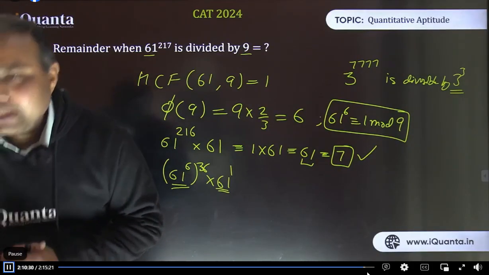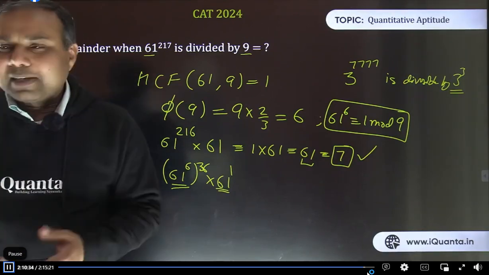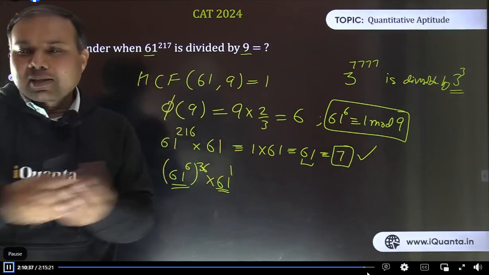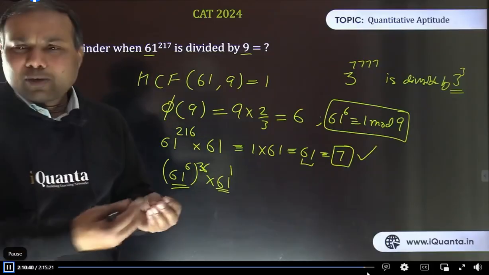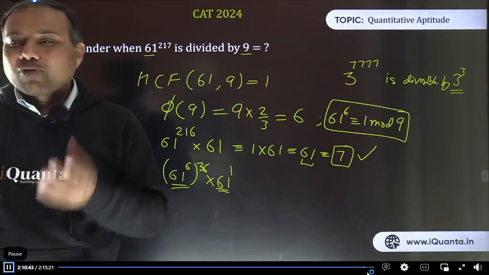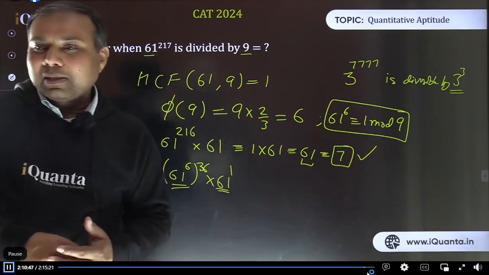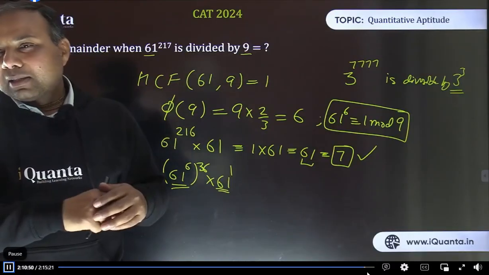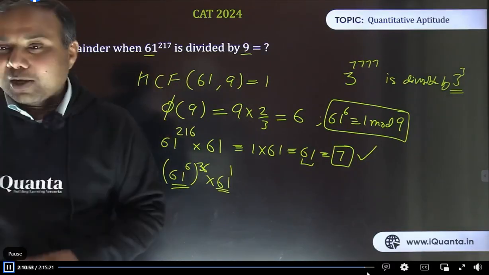CAT 23 quant was tough. There may be some questions which are tough, and generally it is pretended. It's not. I'm telling you in comparison with all other years, previous years. अभी currently कुछ सालों में difficulty gradually increase हुई है. So maybe CAT 23 was tougher in comparison to 22, 21. But if you compare it with the actual level of CAT, at least in the paper-based test, it's quite low, very very low actually.